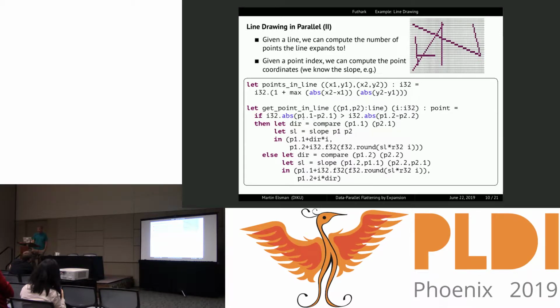We need to compute the slope, and then there are two cases: either the x dimension is the one that increases the most, or it's the y dimension. And with that we can then compute the particular point. And now the only thing you need to do